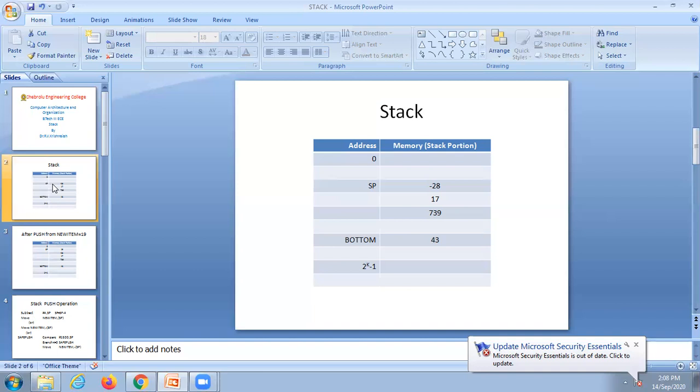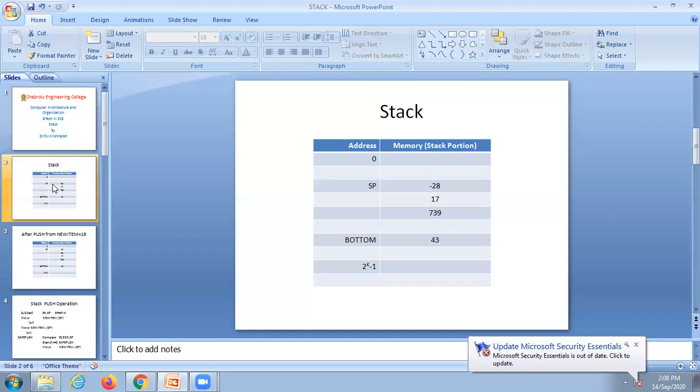Before going to B, program A's status is stored onto the stack, and only then is the control transferred from A to B. When the control is taken back from B to A, whatever was stored onto the stack before moving from A to B has to be retrieved back.